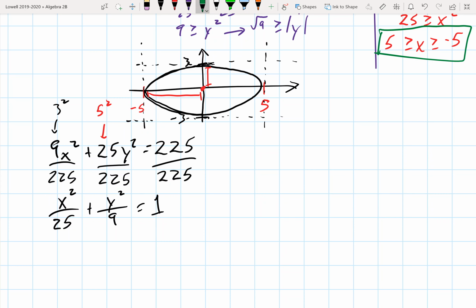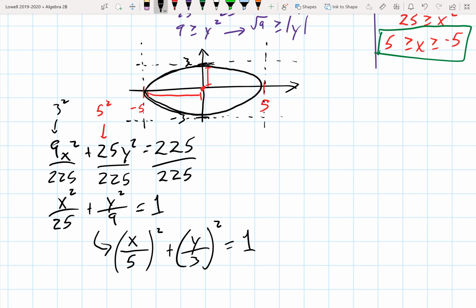This equals 1 is going to help us get it into the standard form of an ellipse. So when we have our conic sections and they equal 1, you can rearrange the left side nicely, and it lets you know pretty quickly what the graph is going to look like. The way I'm going to rearrange it is to factor it essentially. So instead of x squared over 25, I'm going to have (x over 5) squared plus (y over 3) squared